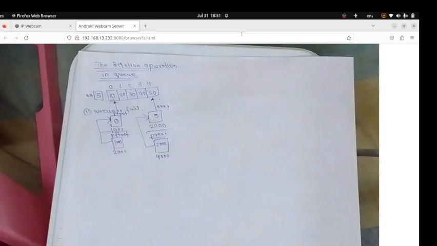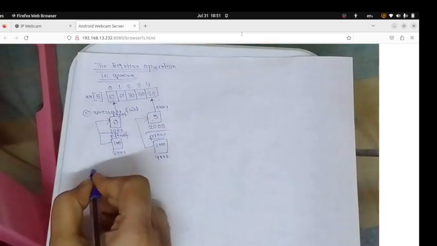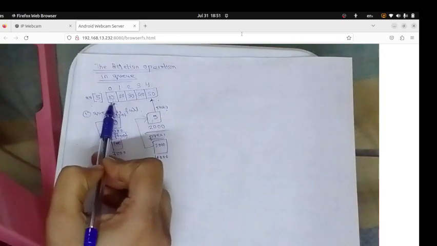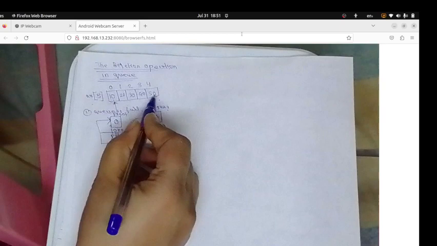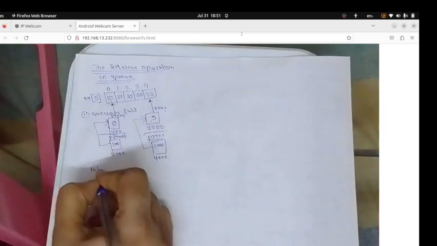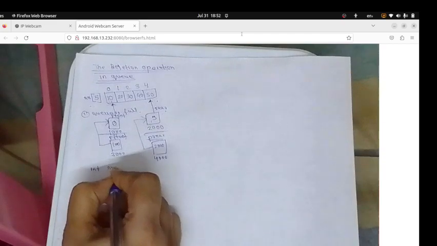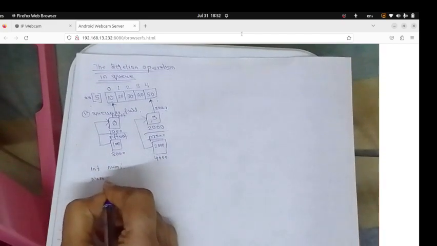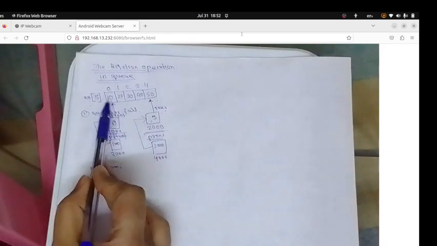To extract the front node of the queue, as all the values stored in the queue are integers, we will declare a variable int num, and in this num variable we will store the front